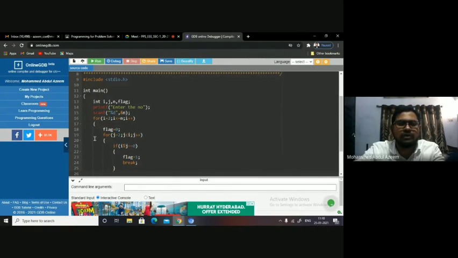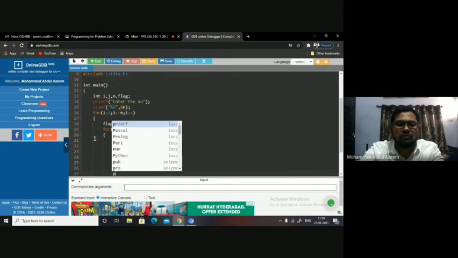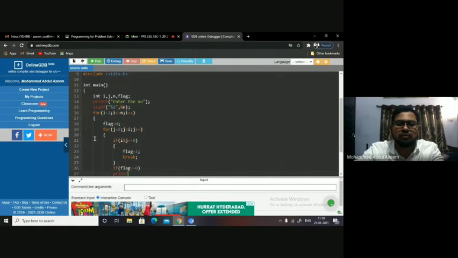Now I will be checking the flag value here. When I come out of the loop, if the flag value is equal to 0, then I'm going to print, that's it, right? So print those numbers. Here I want to have some spaces in between, so I can use the format specifier %5d if I want 4 spaces, %4d if I want 3 spaces, right? So here, comma, all such values available in i, for which I have tested the logic.